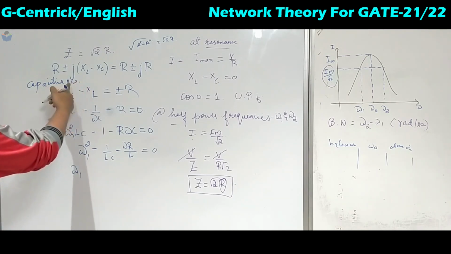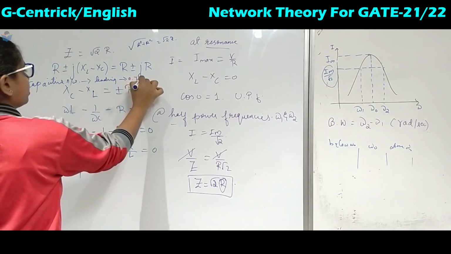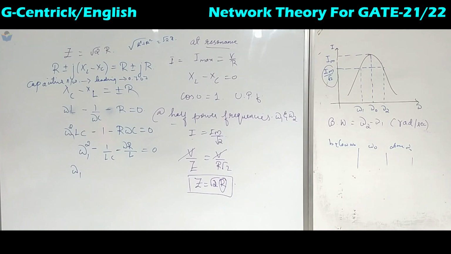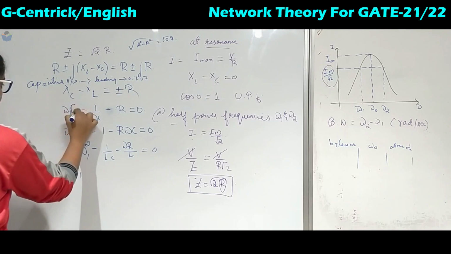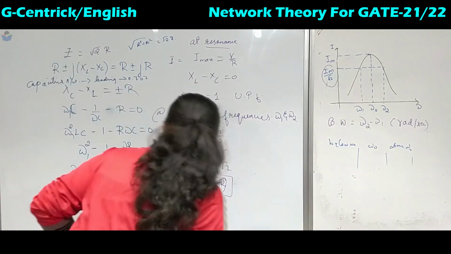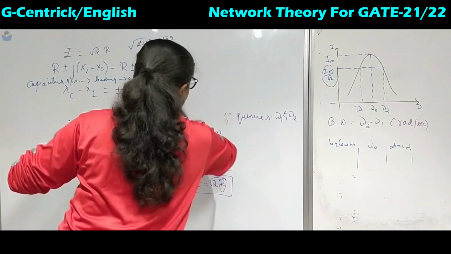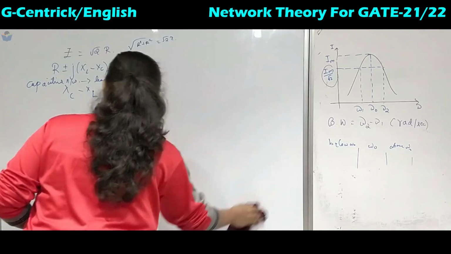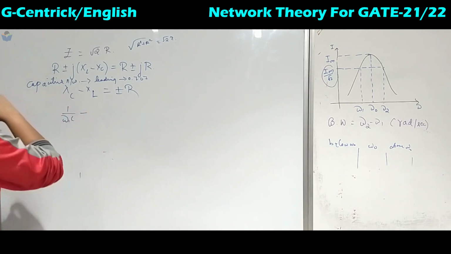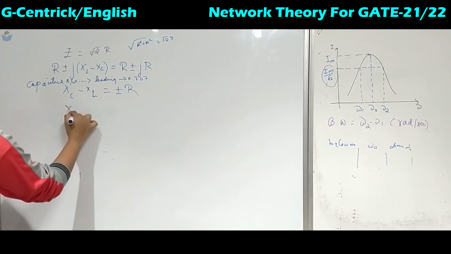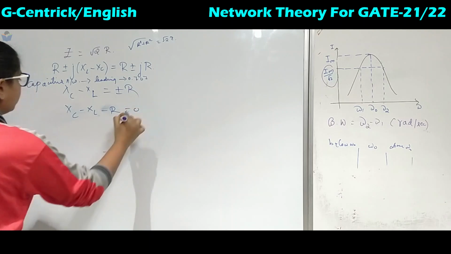So this is the XC network, then it will be a leading power factor, but by how much? 0.707 leading. Okay, so now this is omega c minus omega L, so I'll take it as omega 1. Let me rub this also. So here at omega 1, XC we can write as 1 over omega 1 times C. Then first I'll take it as XC minus XL minus R, so minus R equal to 0.